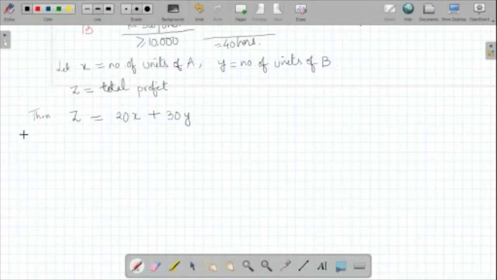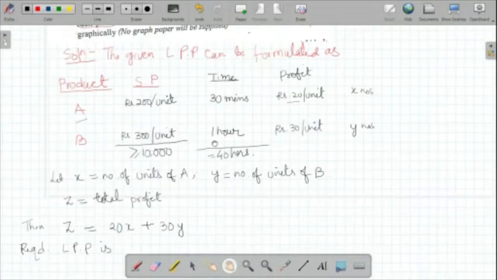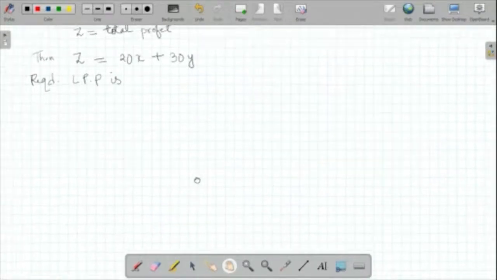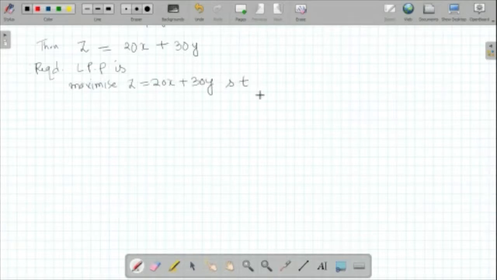Therefore, the required LPP is to maximize the profit. First of all, look at the question again: maximum profit. So what is our LPP? Our LPP is nothing but maximize Z, which is 20x plus 30 times Y, such that